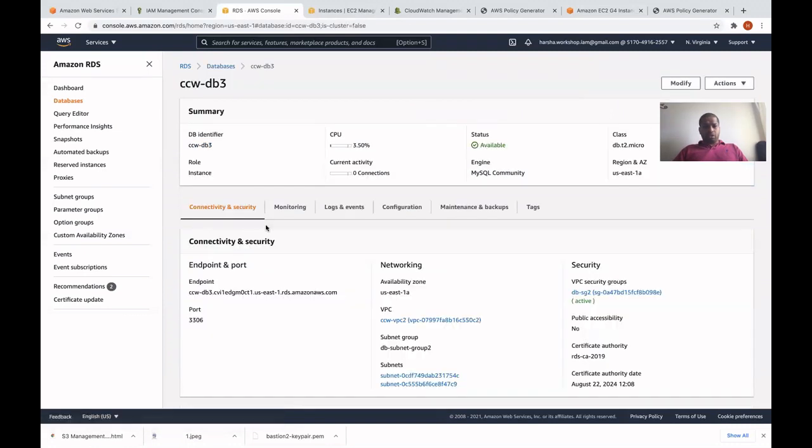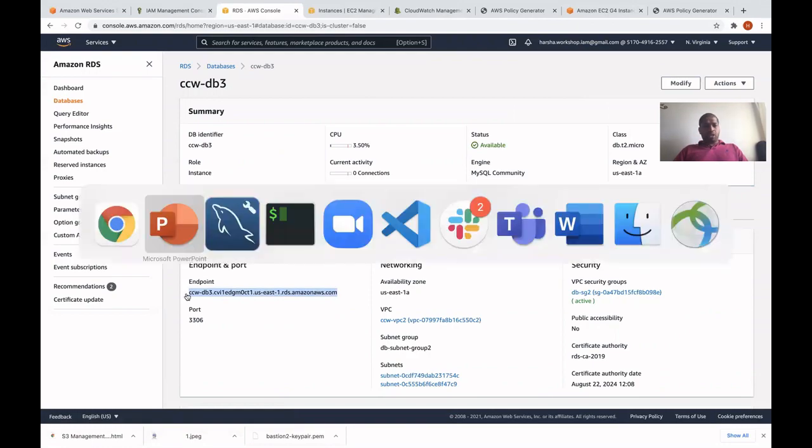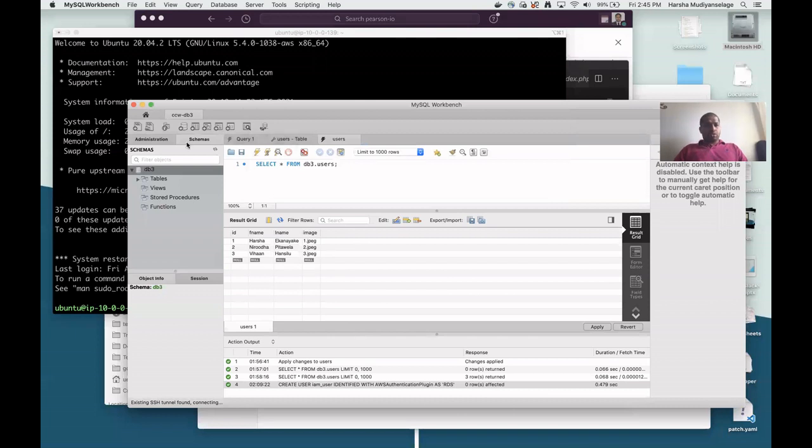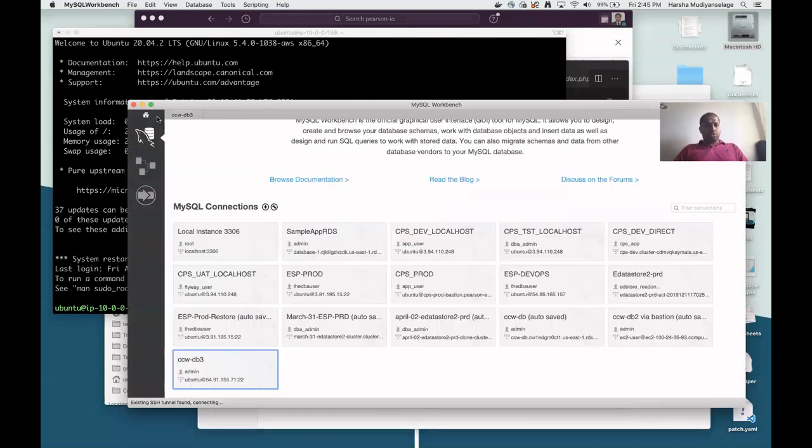So I'm going to get this endpoint copied and in my MySQL, so I'm going to get to the home and going to create a new